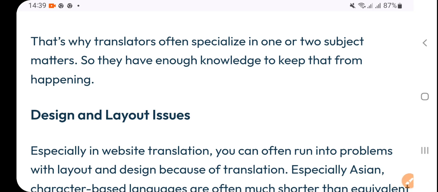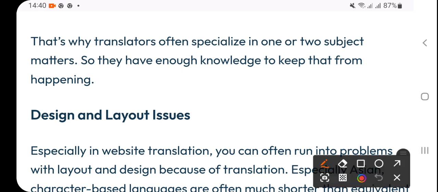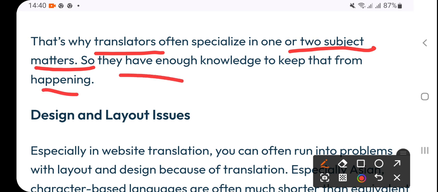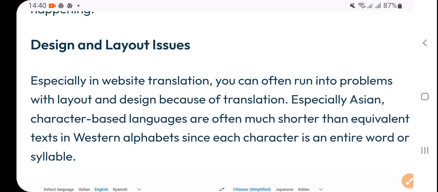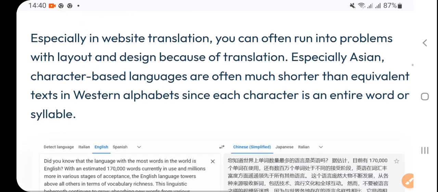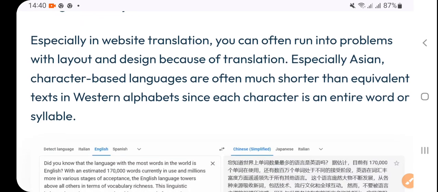That is why translators often specialize in one or two subject matters. Translators need to have knowledge about the subject, so they specialize in subject matter, so that they have enough knowledge to keep that from happening, so that they can convey the real meaning, which is very important. Then design and layout issues, especially in website translation,